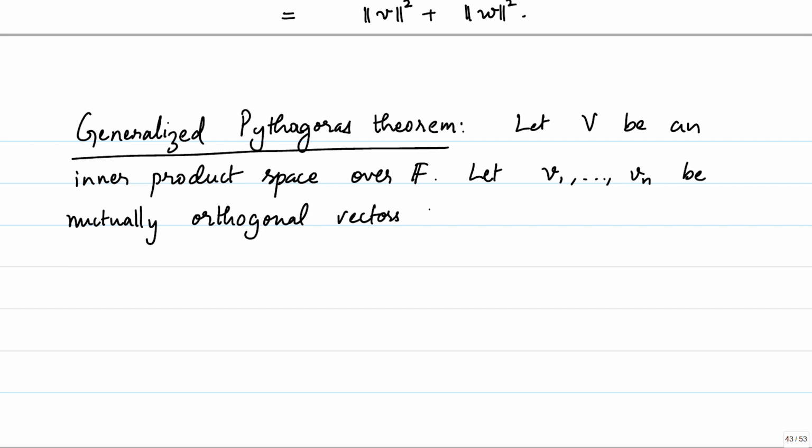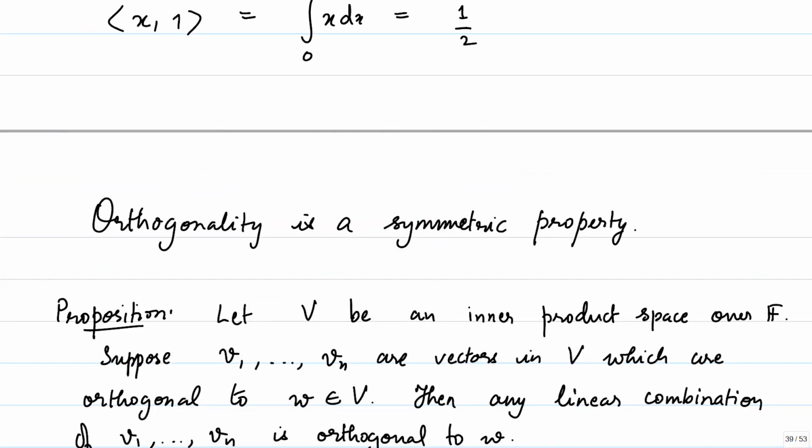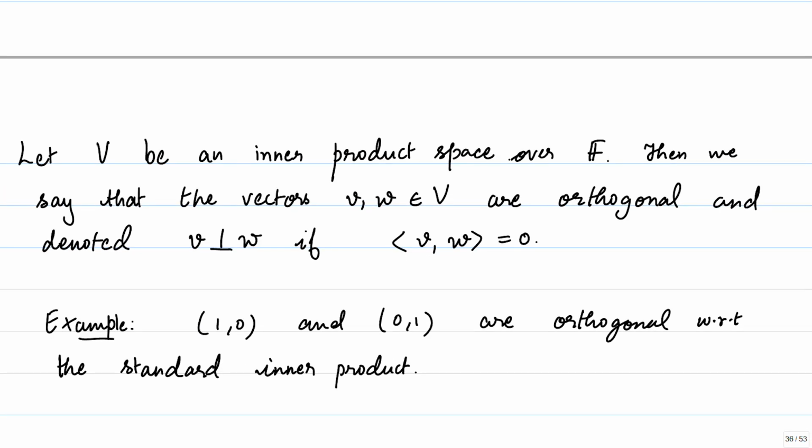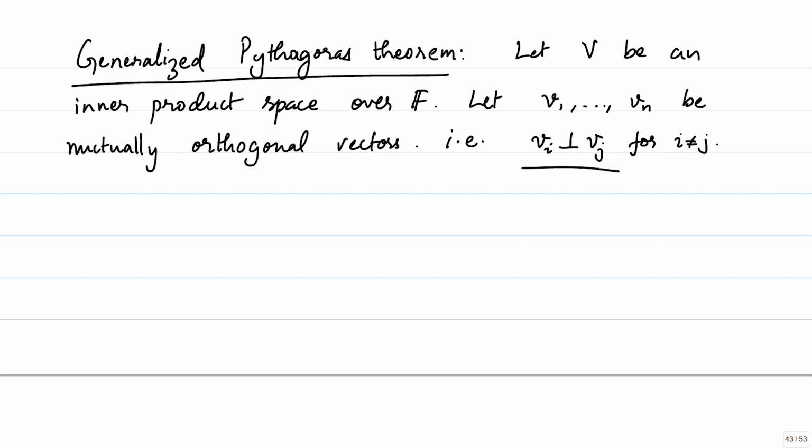So what does that mean? That is, Vi is orthogonal to Vj for i not equal to j. Of course, no vector can be orthogonal to itself. So it's an exercise for you to check that no vector can be orthogonal to itself. Let me have a look at what was the symbol used for orthogonality. Yes, it has been introduced, so Vi is orthogonal to Vj. Maybe after I write down the statement, I'll give you an exercise to check that no vector can be orthogonal to itself. In fact, I'll just mention it.